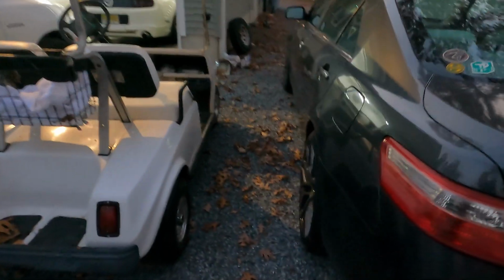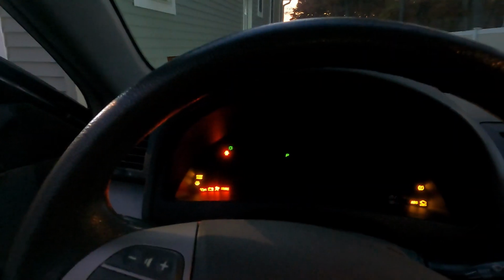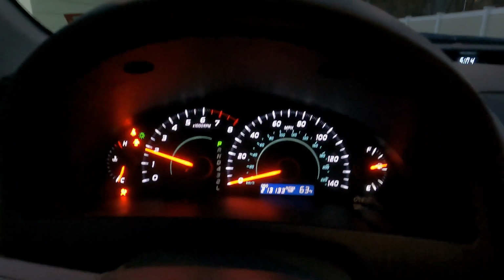So that's what this is sitting on. This car, after our original sorting that we also did on the channel, has been absolutely flawless. This car is an absolute tank. I drive this to work every day, day in and day out. And you'll see we have